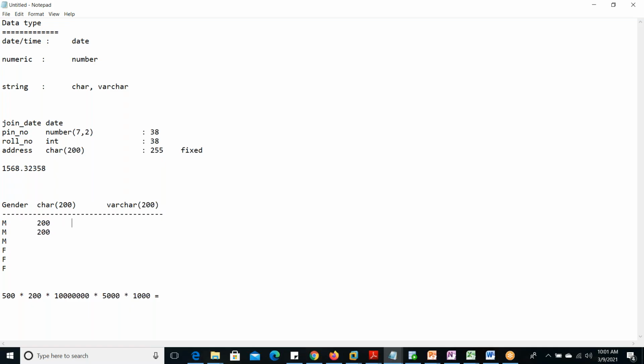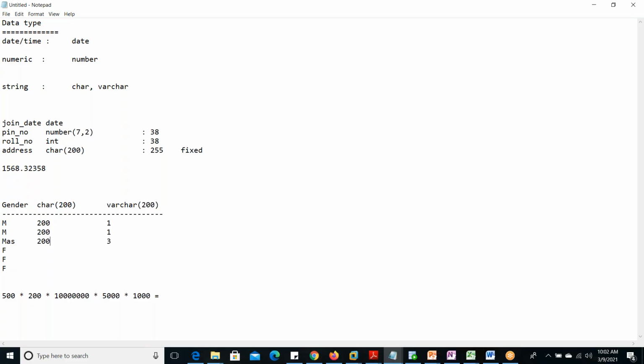So for the same m, male, one character, it will take 1 byte if it is varchar 200. Suppose some values are there, m, s, s, 3 characters, so 3 bytes it will take if it is varchar. And in char it will take 200 only.